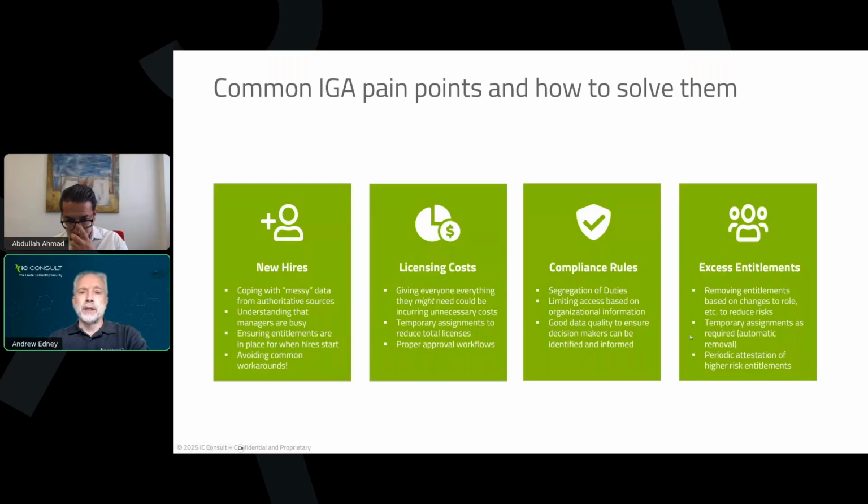So the product is really good. When you move, it can automatically remove entitlements you don't need, but allow you to then have a temporary extension to some of that access if you're doing a handover period. And a key thing we see at most of our large clients and some of our smaller ones is the idea of periodic attestations of high-risk entitlements. And this is effectively just going around the business and saying, these people can do things that are a risk to the business. Do they still need to do that?